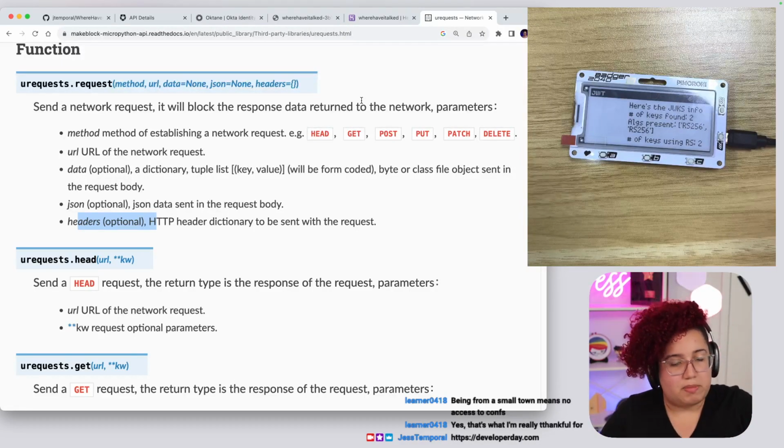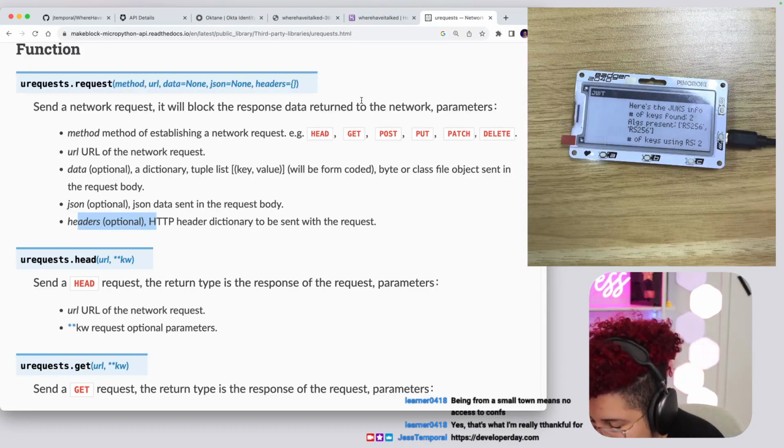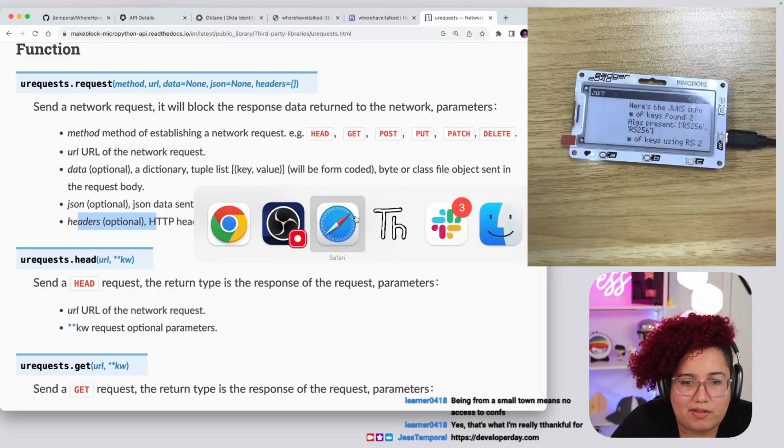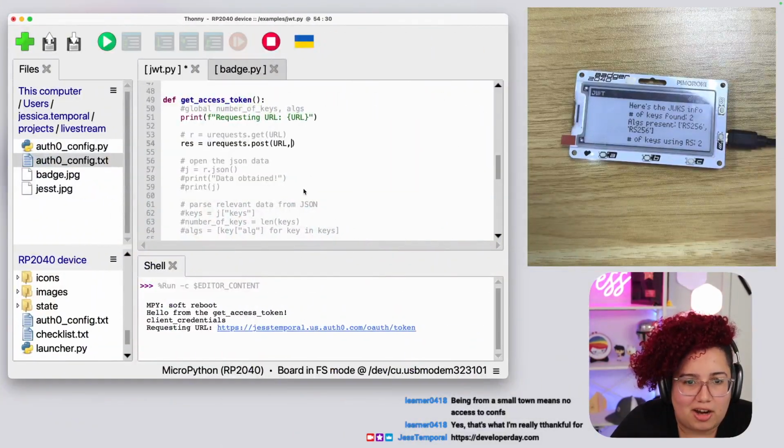Oh my God, 3 minutes to 11. I don't think we're going to be able to make the request to the API. I think that's going to be a future live stream problem. So let's pass along the information that I need.